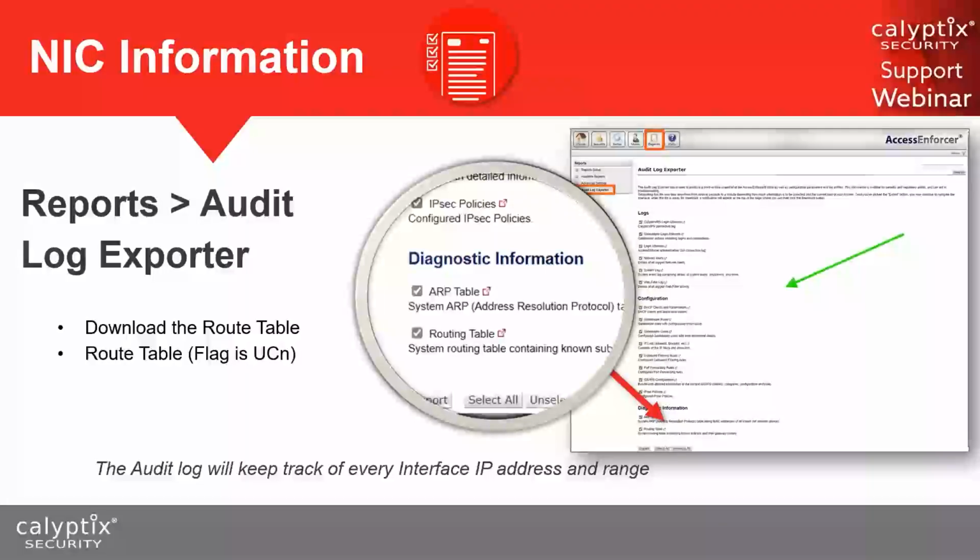He wrote a program called the Auditor. What it does is you can go to reports, audit, log exporter, and you can select the ARP table. If you select the ARP table and hit go, it'll download all of the NIC information on that device. This helps because now you don't have to keep the information, or you'll have every part of the information for this device, just in case you need to replace it or you need to find out what you're documenting. So under the ARP table, you can find all of the NIC information, and this will be private IPs